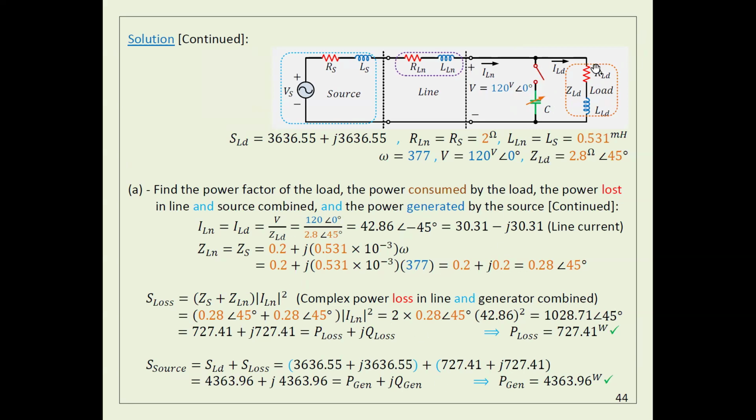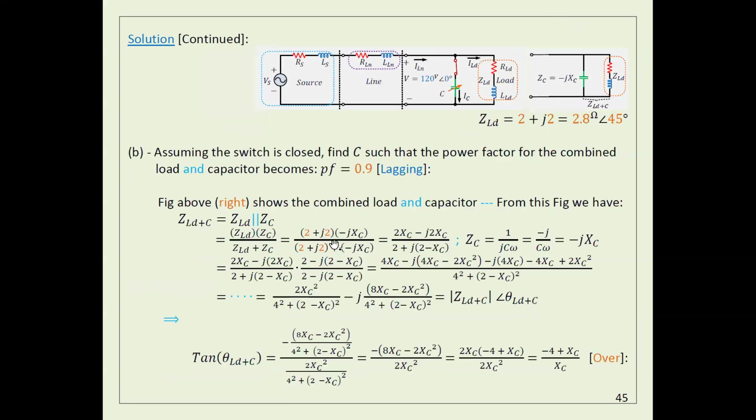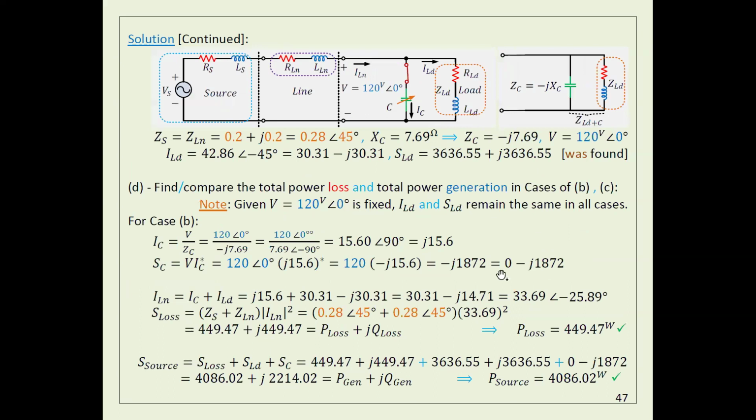The only difference is that when I calculated the impedance of the load before, it was R in series with L. But now when I add a capacitor, the impedance becomes the impedance of the capacitor in parallel to R and L. This is the only difference. After that, I'm not gonna